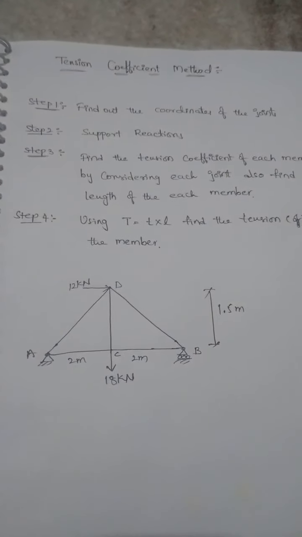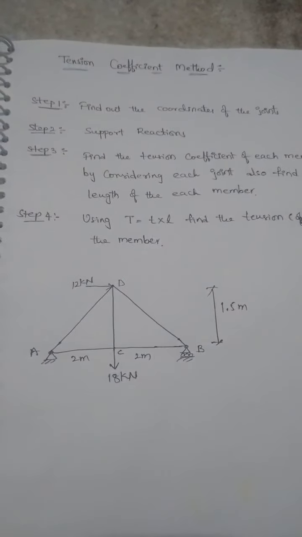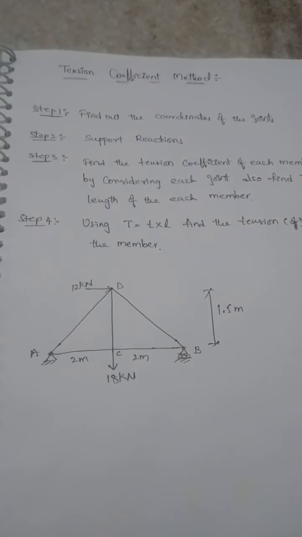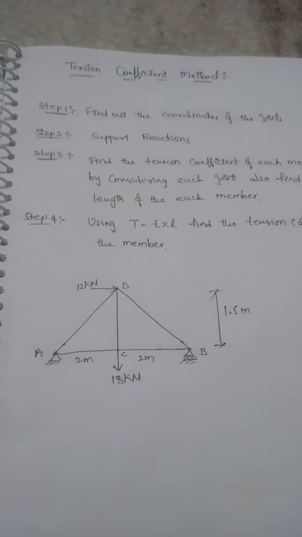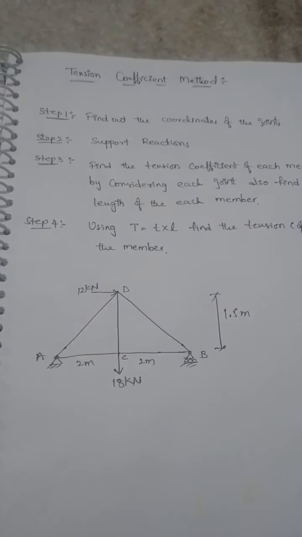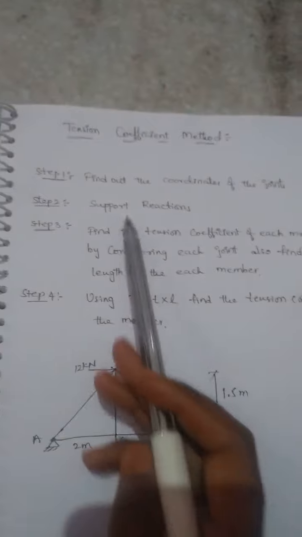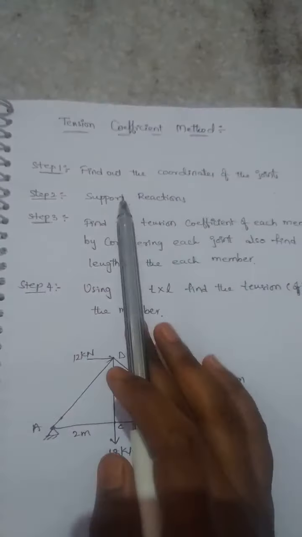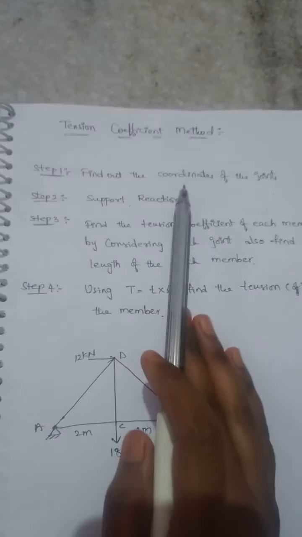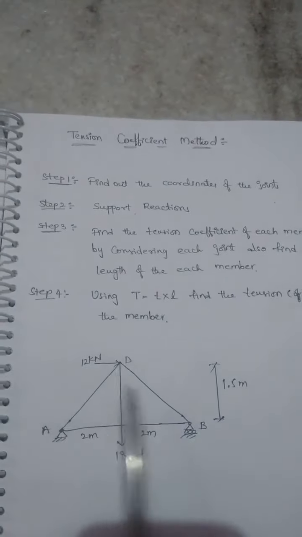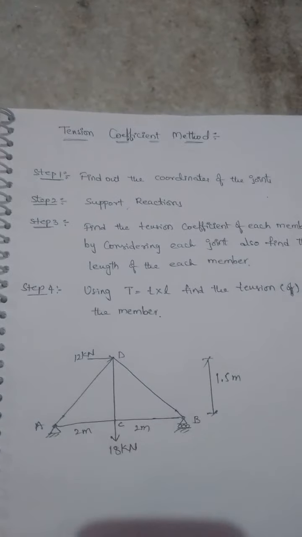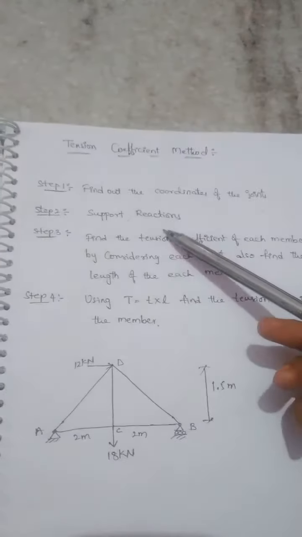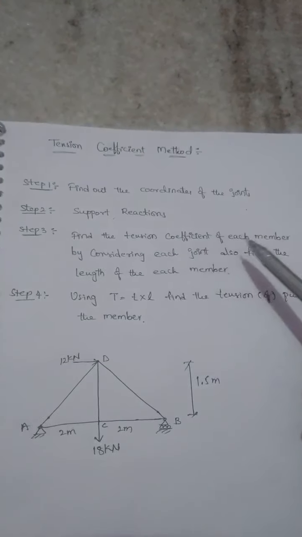Good morning everyone. Today I am going to solve some problems on the tension coefficient method, the analysis of perfect frames by using the tension coefficient method. For that, first you need to remember some steps. The first step is to find the coordinate points of the joints. Here in the tension coefficient method we are considering the coordinate points, so first find out the coordinates with respect to all the joints, and then you can go with the support reactions and then find the tension coefficient of each member